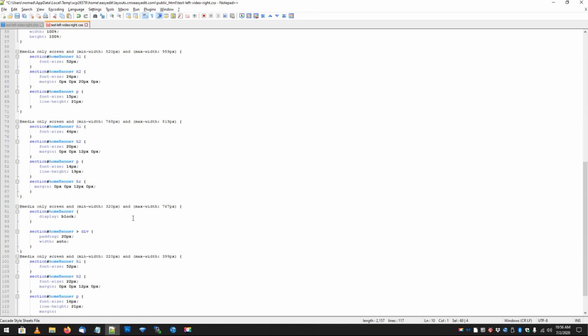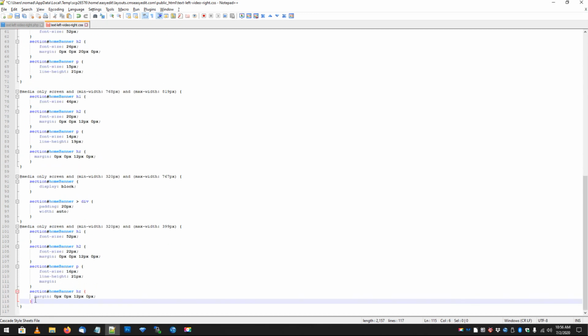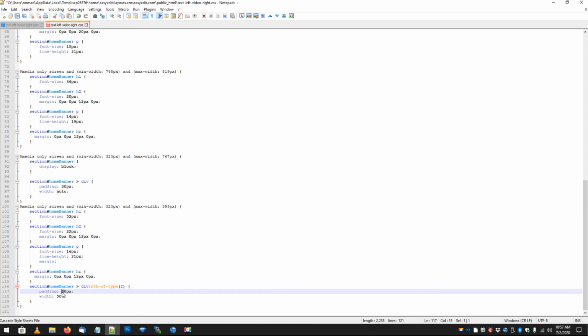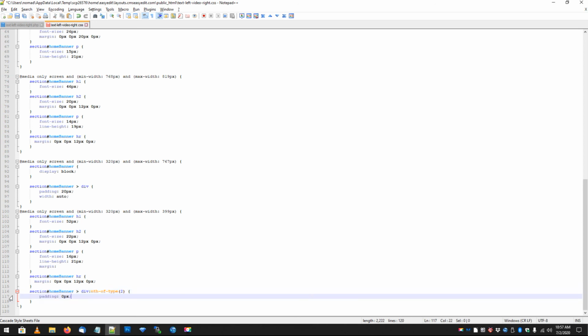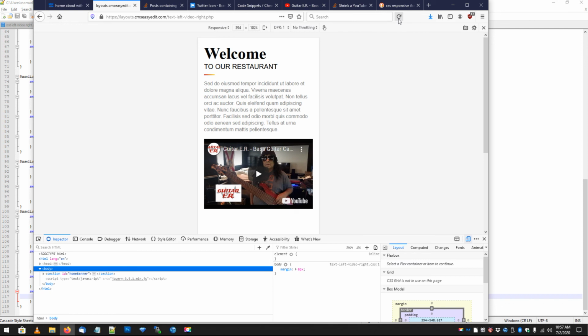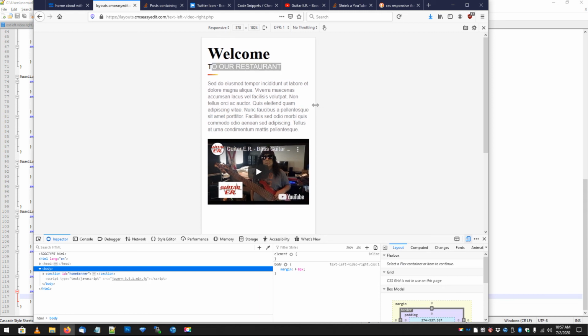is we can come down here. And this is where we're going to use nth-of-type. Two, and we'll call the padding 0. Actually, we're going to do padding. We want to keep the left and right padding, so we're going to do something like this. Should work. Let's see if that lessens that space. Yeah, okay. So you might make that a little bit bigger, but let's see, once we get down here pretty small,